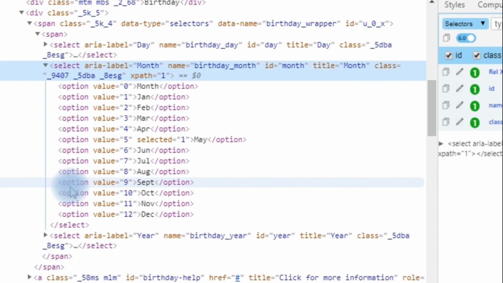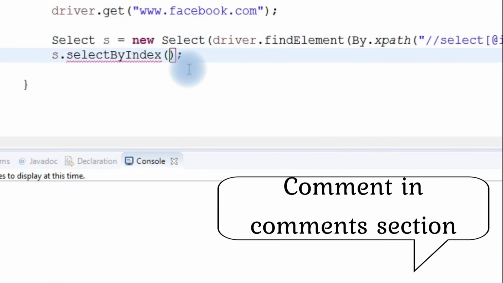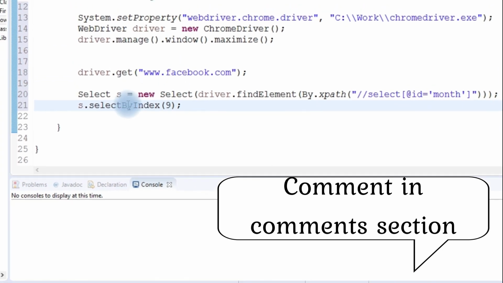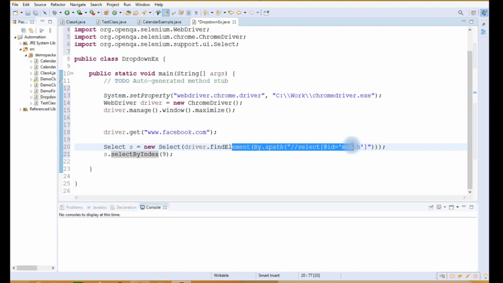For example, we have to select September month. For that we have to give the index. So the index is 9th index, which means it is present at the 9th position if we start from 0th index. So we will give select by index and the value is 9, right? So here I will write 9. It will select the value that is present at this drop down and which is present at the 9th